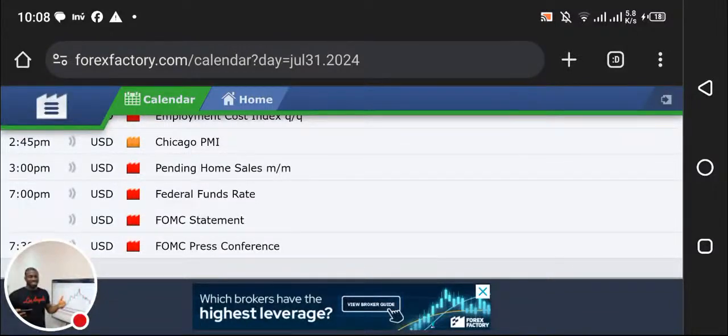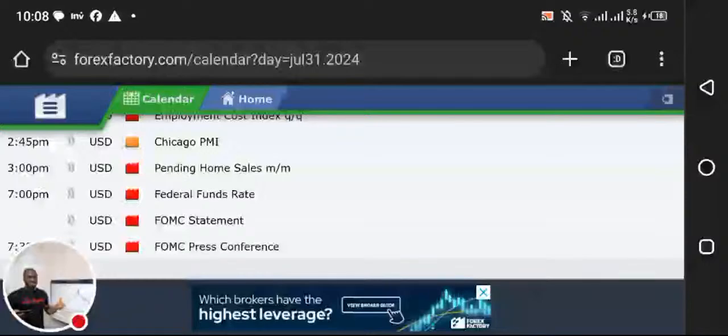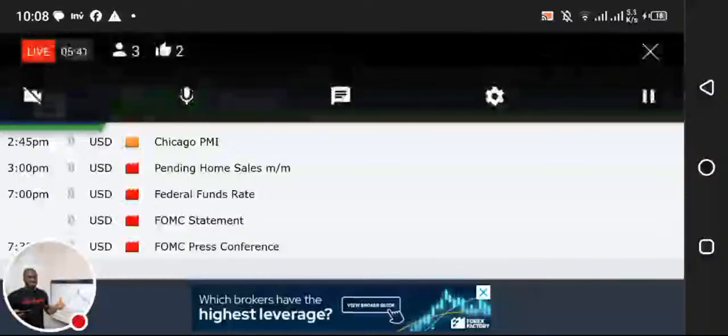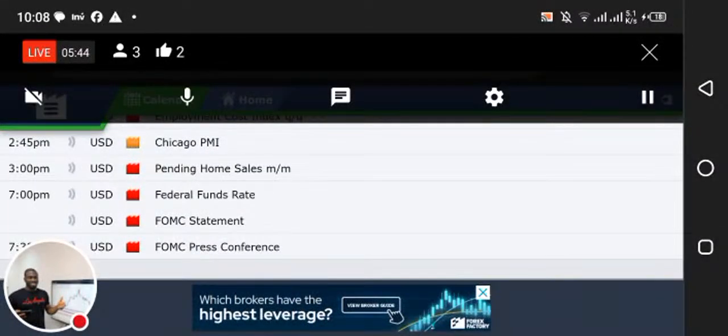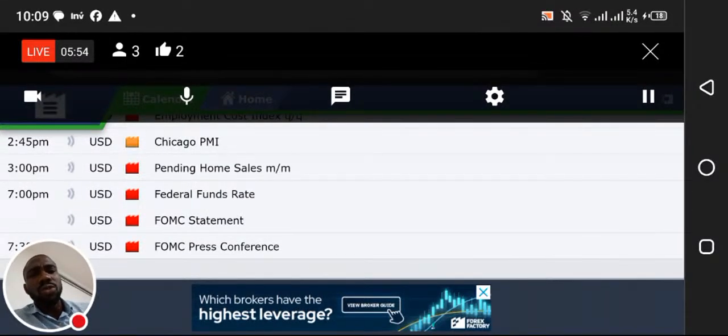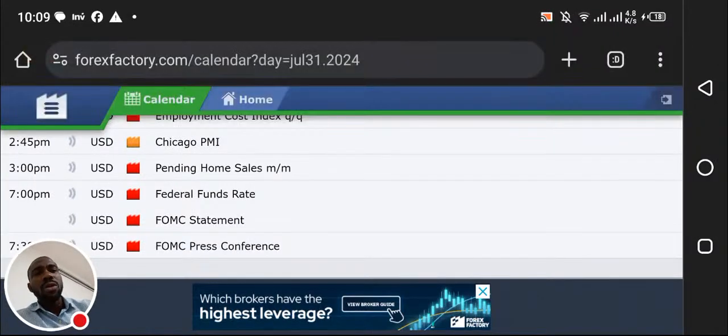Even if you want to execute your trade in one session, ensure that your stop loss is between 40 and 50 pips, because when a major news is released, most times they will go for stop losses. Are you getting me? So you should set your stop loss at an area that will be difficult for them to hunt. Don't set your stop loss too close to your entry price. I hope that is clear. That's my take on the fundamentals. A few minutes, please.